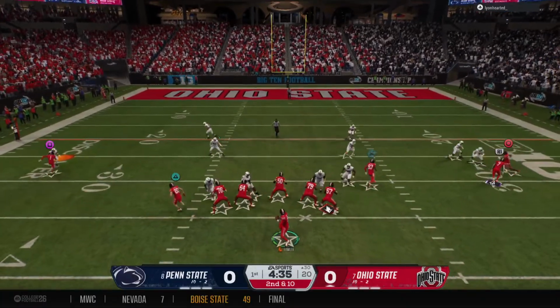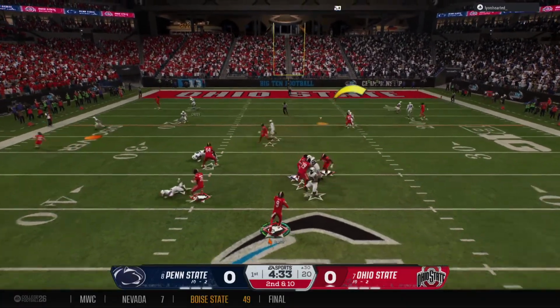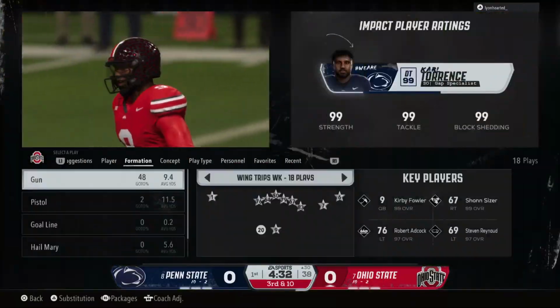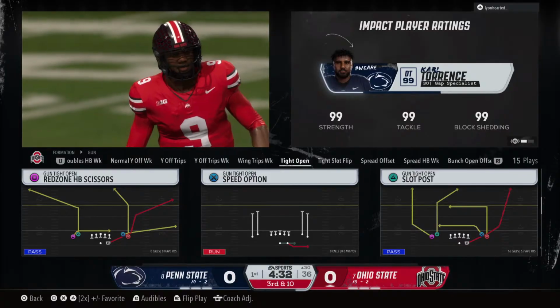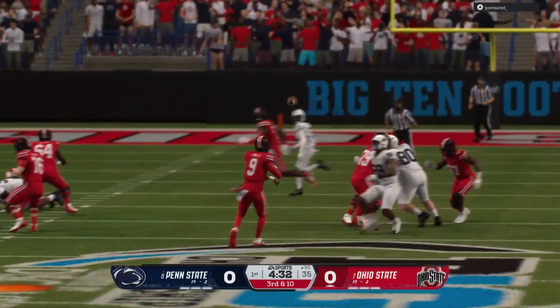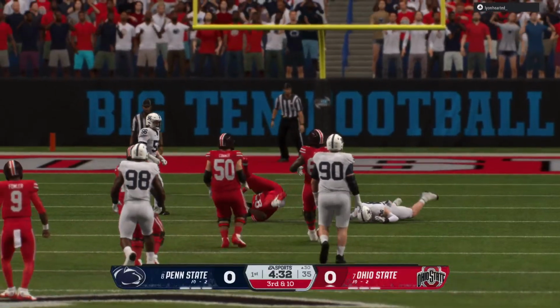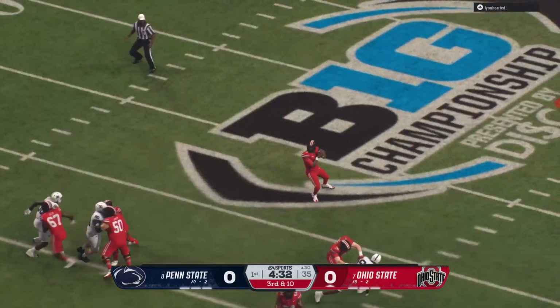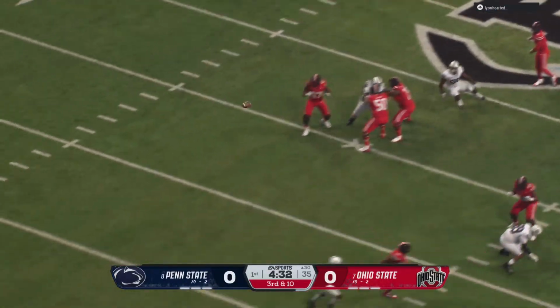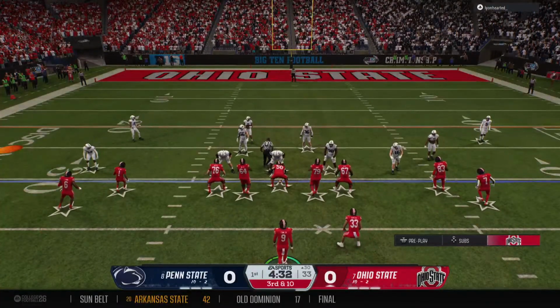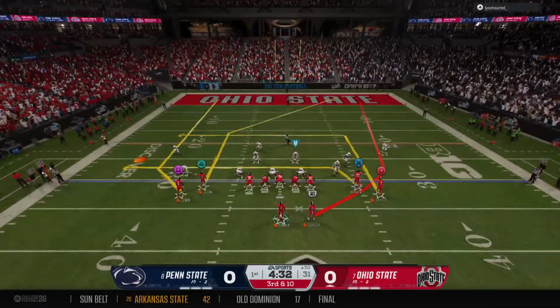Looking to throw yet again. That one falls incomplete. Looking for a flag. Doesn't get it. Brings up third down. You get a tight end like this, and you know he's used to dishing out the punishment, but here, he's the one that has to absorb the contact, and as a result, he's unable to hold on to the football. This was a promising drive, but back-to-back incompletions makes it 3rd and